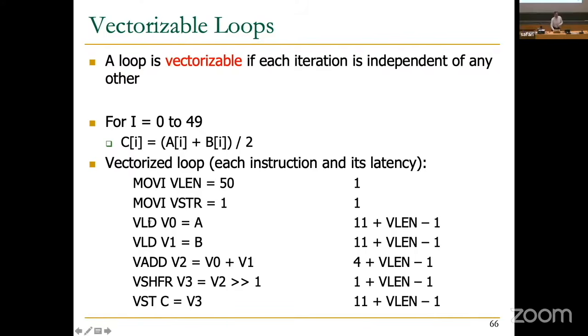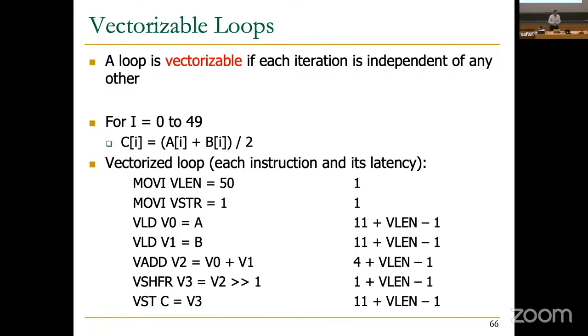Then the first instruction is vector load into V0, vector register 0, starting from address A. This automatically says to load the next 50 elements starting from address A into vector register 0. How long will it take? The first element will come after 11 cycles, assuming the same memory system. And you get 1 element per cycle in the next consecutive cycles. So basically, this will take 11 plus 49 cycles, right? Vector length minus 1,